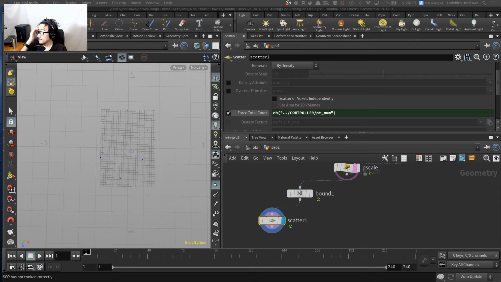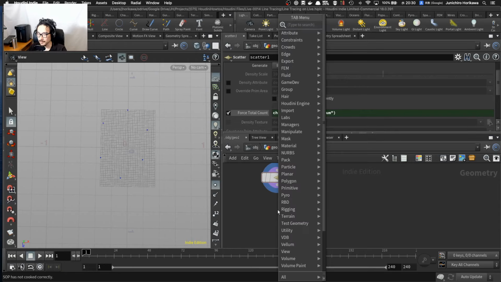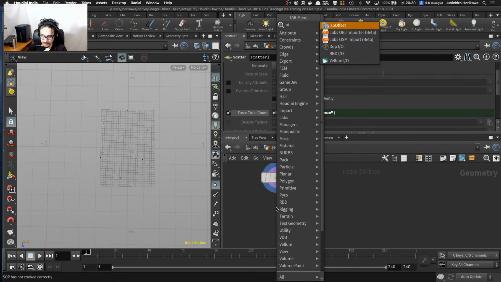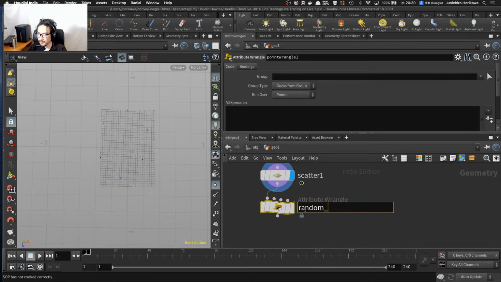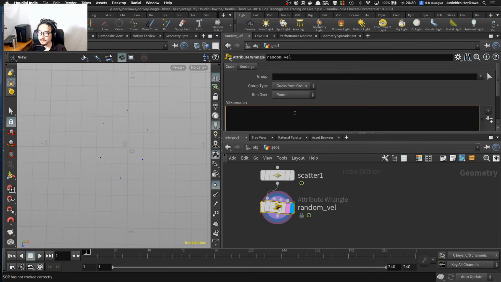Okay, now the thing that I want to do next is to move those points inside this bounding box, bounding rectangle, initially at random direction, then bounce it based on when it hits the edge of the bound. So to do that, I'm just going to set the initial velocity direction where the points want to move. So I could do that by attribute create, but I am going to use point wrangle again to do that, and name this random velocity, and create an attribute called vel, meaning velocity,